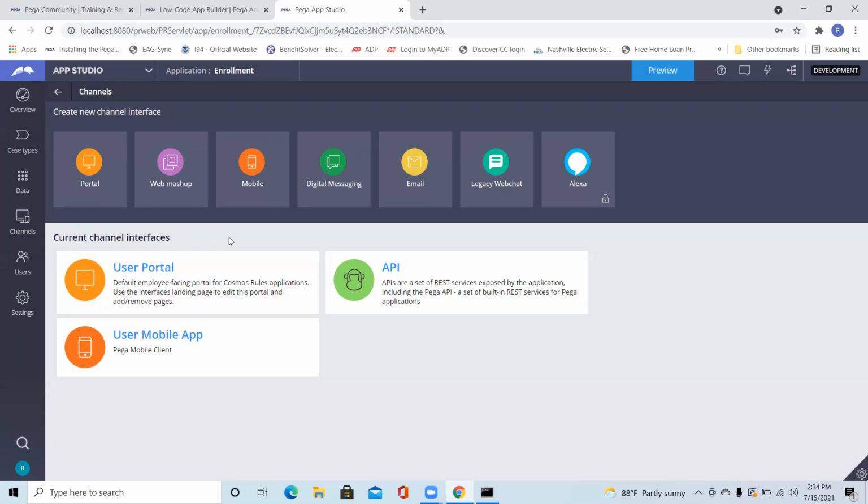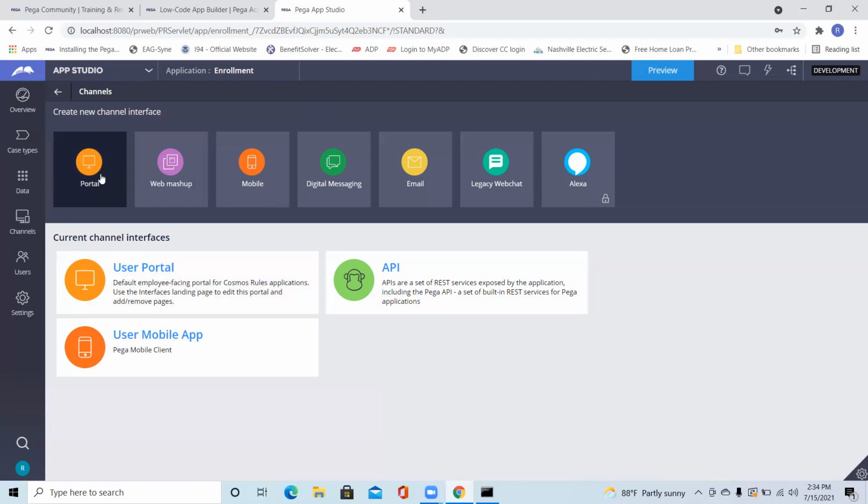Okay. So whatever is there, we will configure here. For example, there are two types of roles, access roles. One is manager, one is user. So you see there is no manager portal here right now. And now that manager will access this application through a portal. They will log into PRPC, but they don't need a developer portal. They need a manager portal because I don't want them to modify anything.